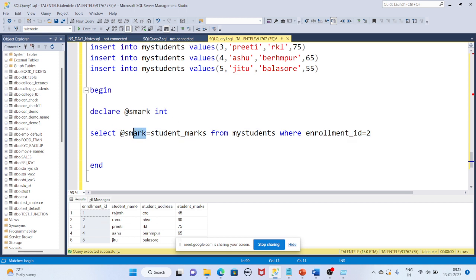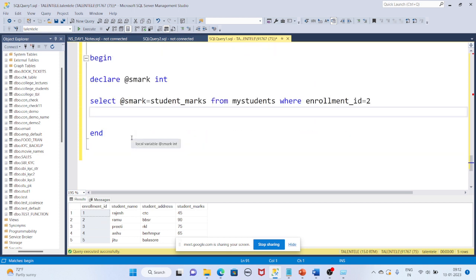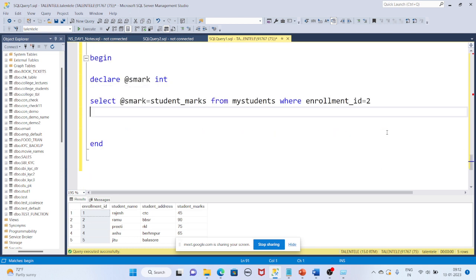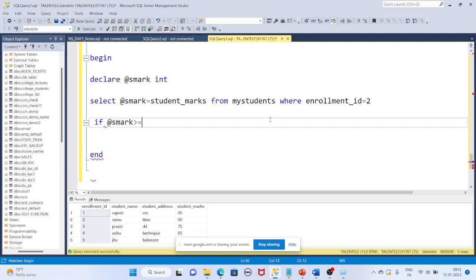and assigning it to this particular variable, and I want to evaluate whether this person scored A grade or B grade or C grade or D grade, whatever. First class, second class, third class, all that. So let's evaluate. Write an if condition. You know how to write an if condition, right? You have to write if, then this condition. If it is greater than or equal to 90,